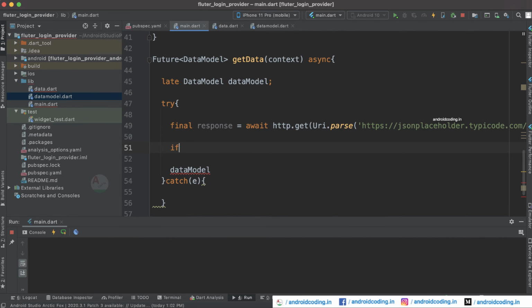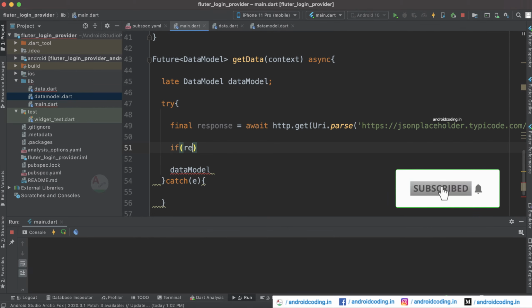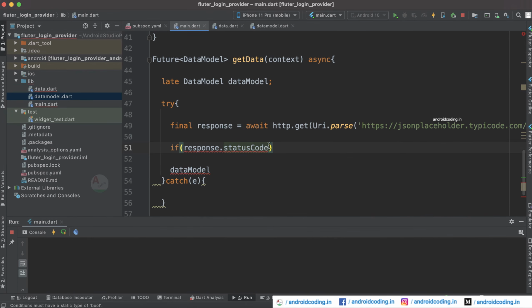So first of all we need to check whether the response is success or not. So response dot status code, so with the help of the status code we can say whether the API call is success or not. So if it is 200, it means that the API call is now successful and we have got the response. Sometimes it may even fail, so then you will receive another status code like 400, and there are a few other status codes. I will be providing you the information on our website.